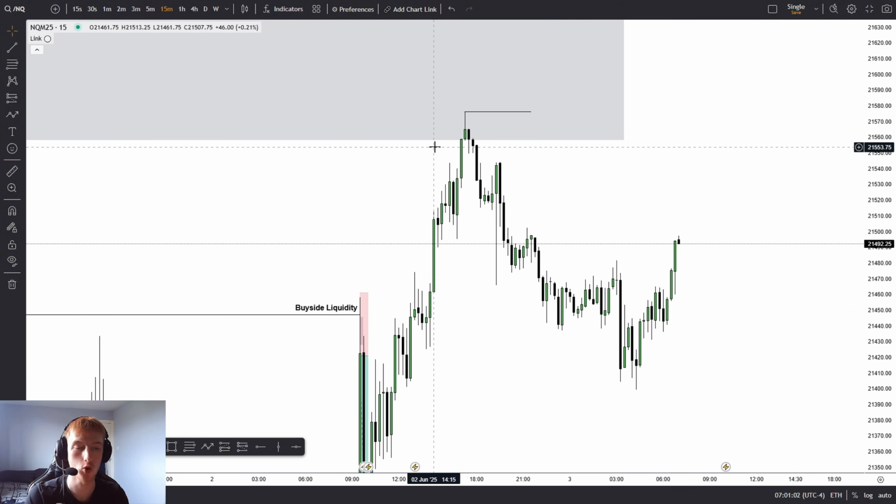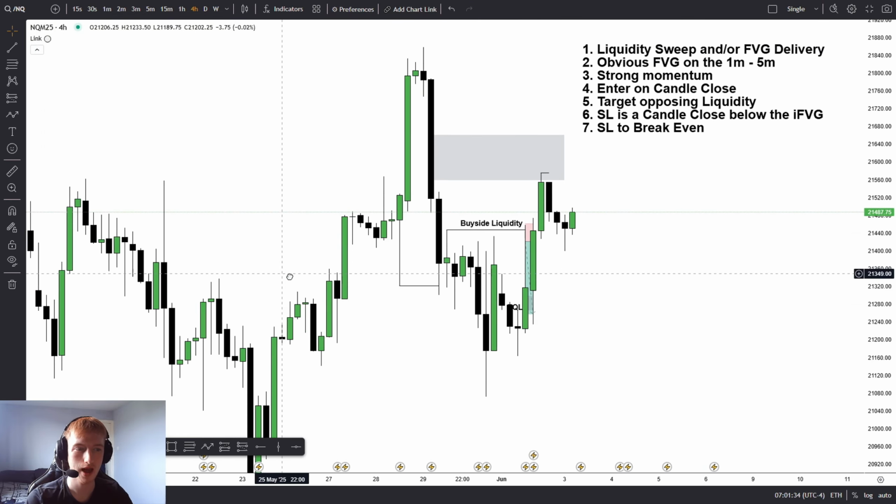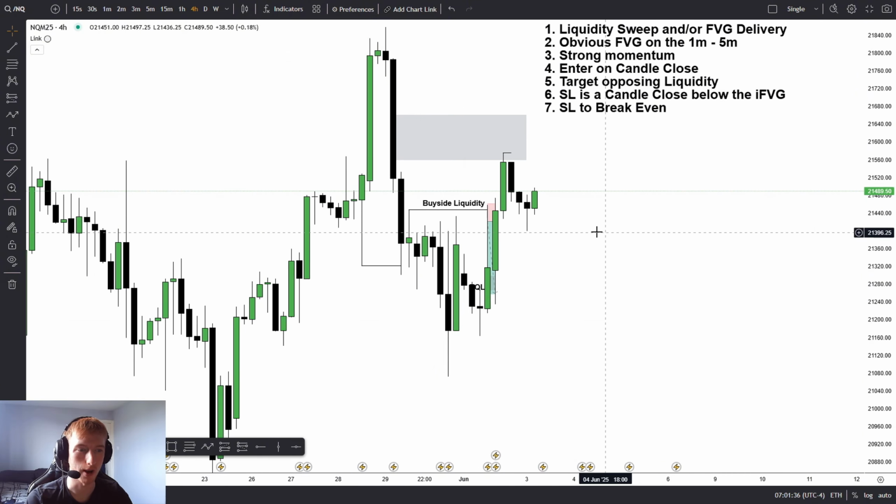If not, I'm going to show you an example right now of a trade I took this week. So we're going to start off here on the 4-hour chart because this is where my target was. This buy side liquidity here and the entry into this 4-hour fair value gap. That was my target, and that's where I wanted to wait for price to go and see what happens. So we'll come back down on the